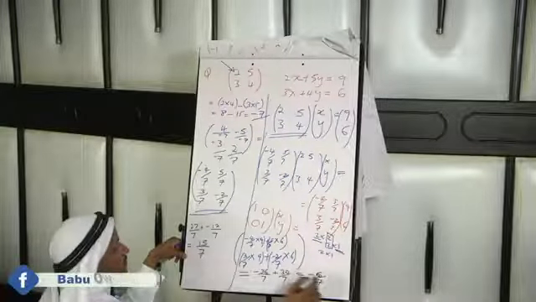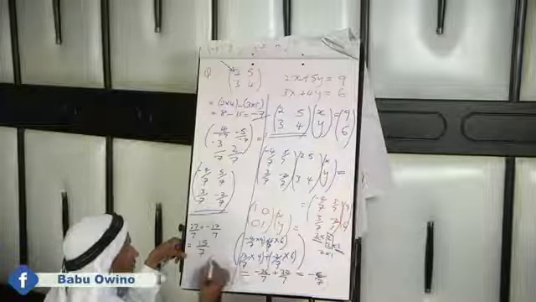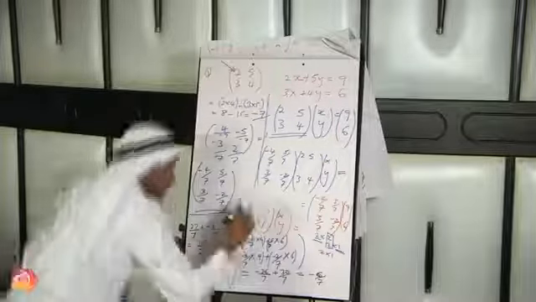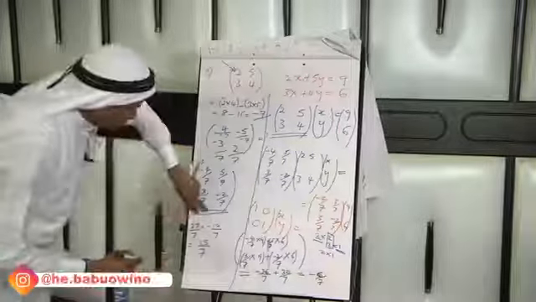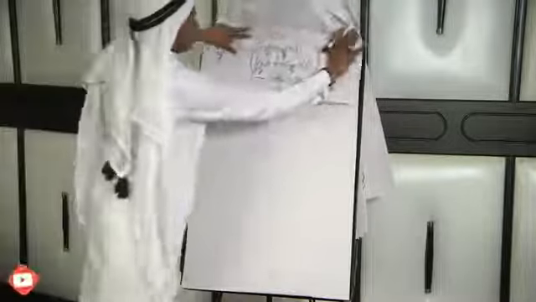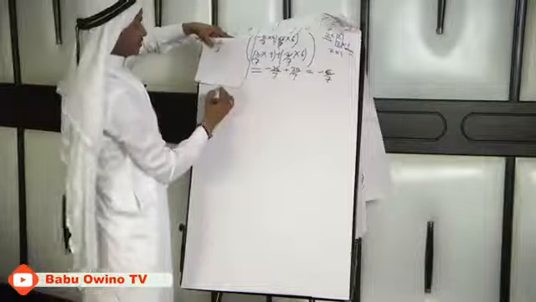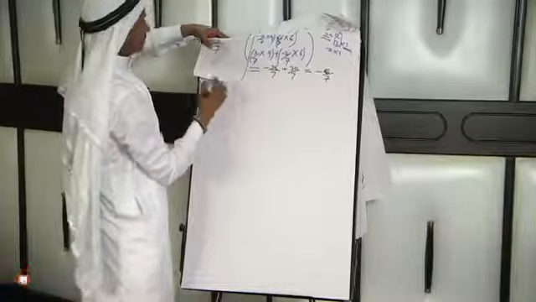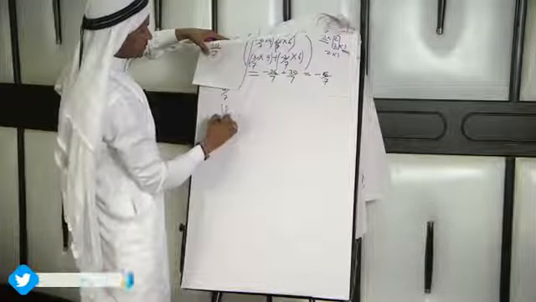Therefore, the values of X and Y, let me make sure you be neat. Just check here. The first value is minus 6 over 7 and the next value is 15 over 7,